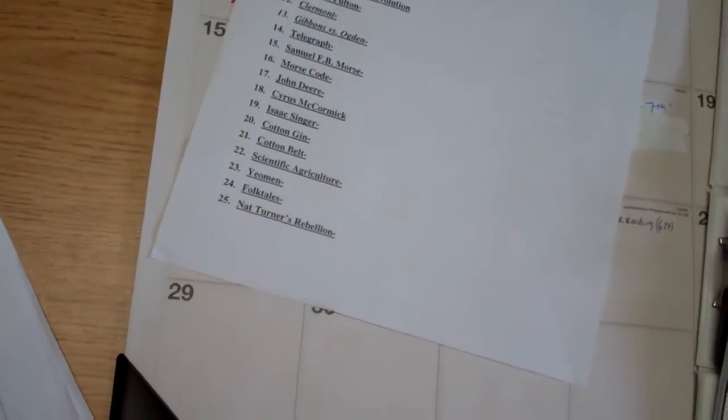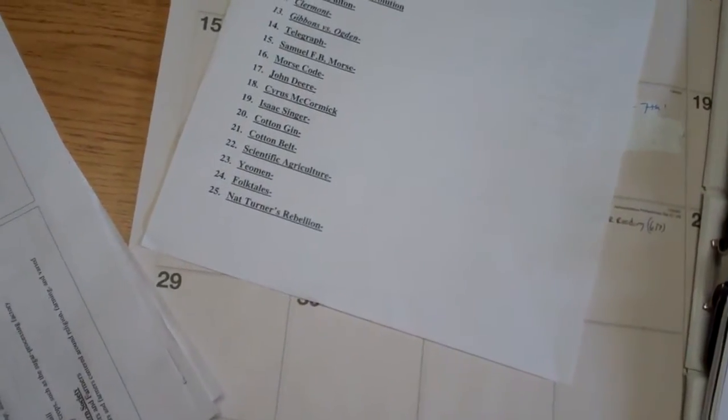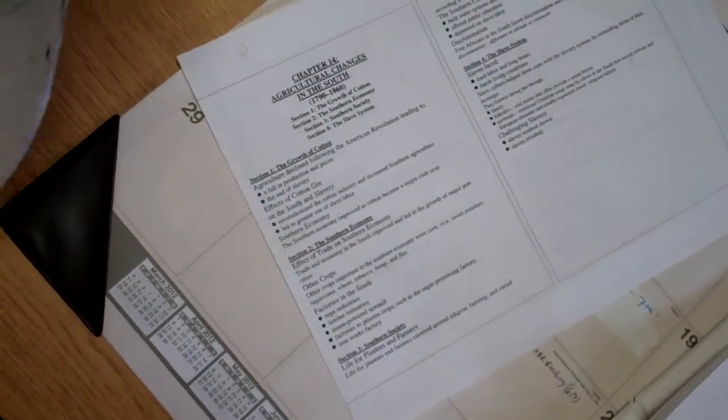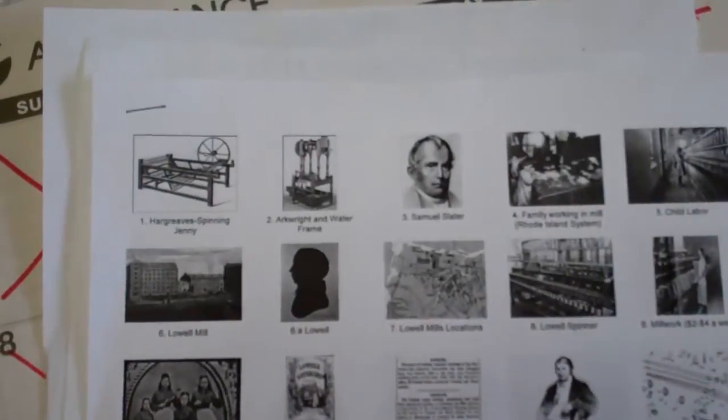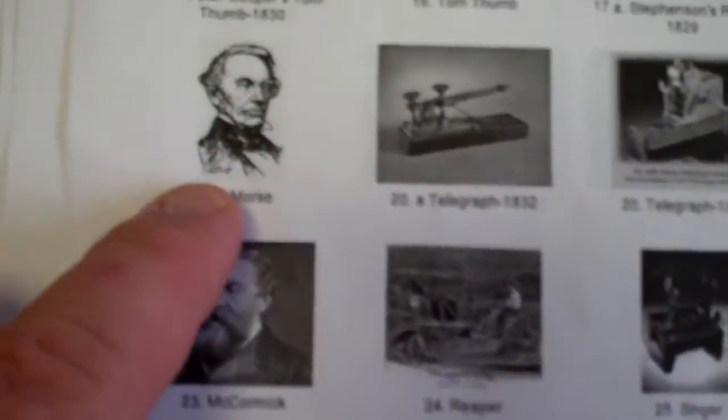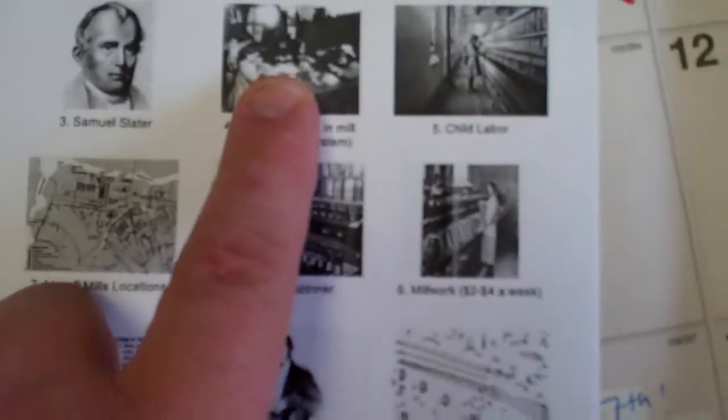Then, here are the notes that we did. We marked those up. But in order to get a better visual of what we talked about, I showed you slides, kind of like going through the North and the South via the Industrial Revolution. We looked at famous people, locations and concepts, whether it be families working in Slater mills, the Lowell girls, the effect of the clipper ship, Gibbons versus Ogden, the rocket, the telegraph, and again, you should have a different visual of the effect of technology in the South.